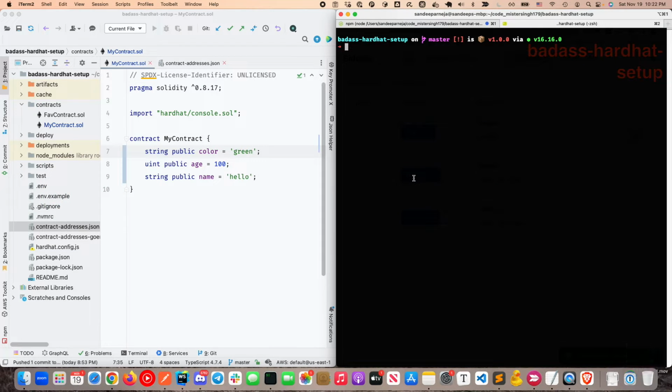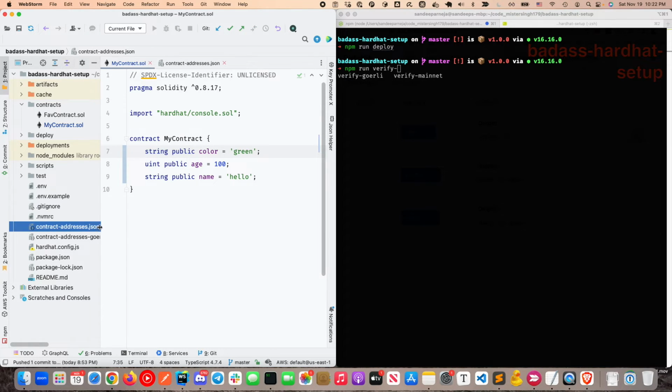When I want to deploy my code to production, it is as simple as typing in npm run deploy, and I can pick which environment I want to deploy to. When it comes to verifying the code, again, it's just one step. I just type in npm run verify, and I pick which environment I want to verify it on. And again, every time it's deploying to any environment, it's going to save the addresses in the appropriate file for